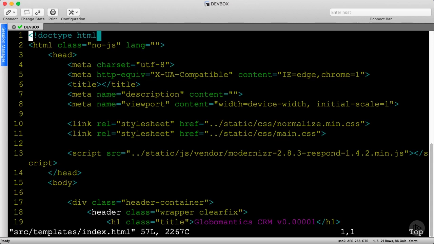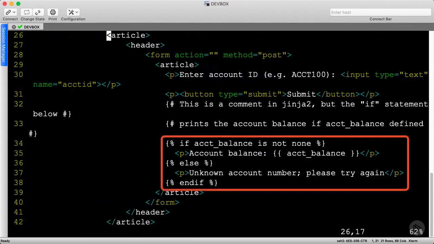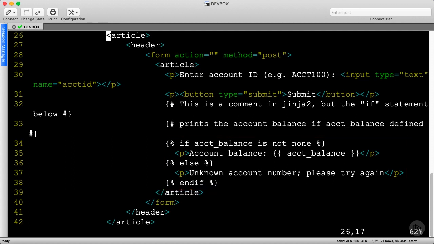I'll jump down to the action. Using a text templating language known as Jinja 2, we can easily substitute Python variables into HTML. We can also apply logic like conditionals, loops, and comments. In this case, if the account balance is defined, we print it out. If the balance is undefined, which means our database didn't have an entry for a specific account, we print a clear message saying so. This page gets rendered whenever an HTTP request is received.